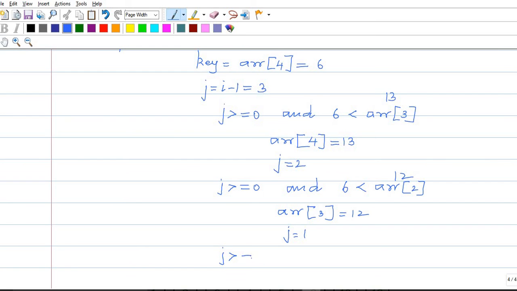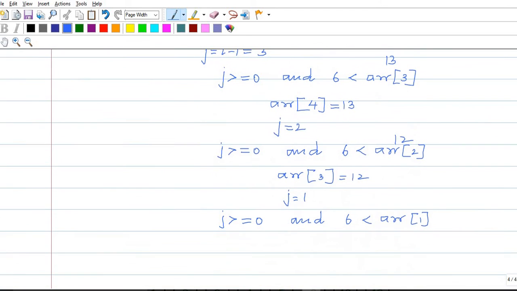Next one, j greater than or equal to 0, the condition is true, and key less than ARR 1, ARR 1 is 11. 6 less than 11, so ARR 2 is equal to 11. j value becomes 0.